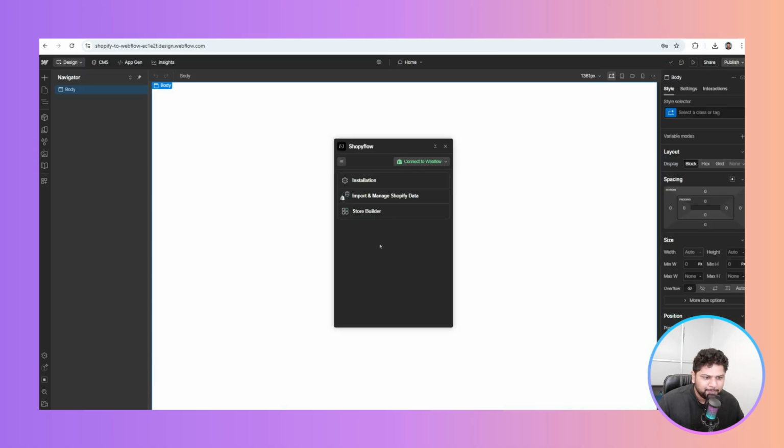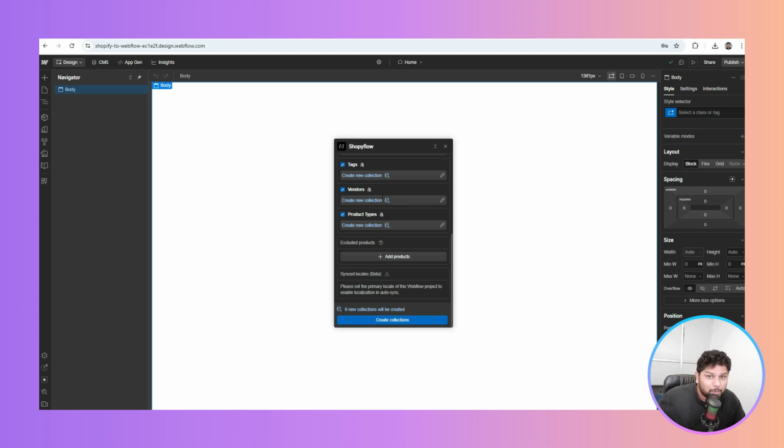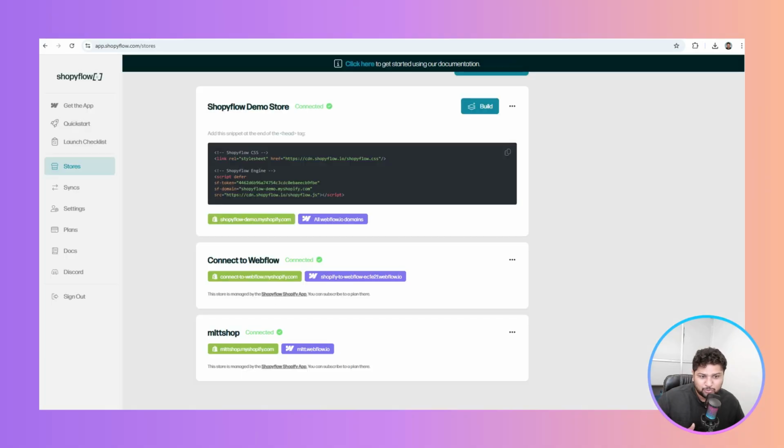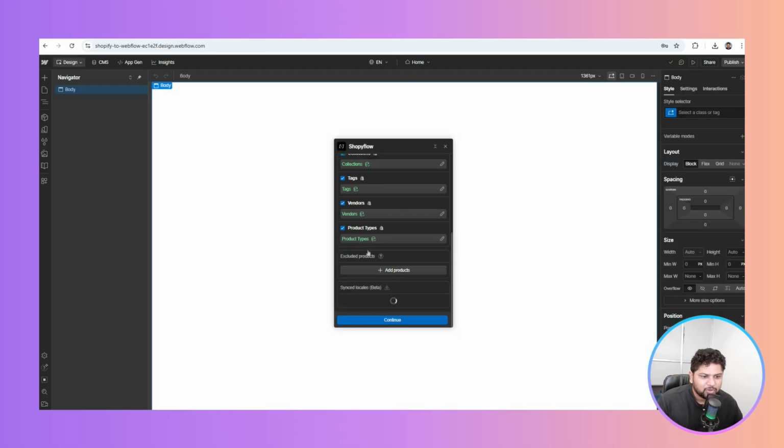So what we can do here: import and manage Shopify data. It will automatically create these collections that are in Shopify with their respective names and fields, like let's say the name, description, image and the gallery and everything, right? So it will automatically create for you. Just hit this create collections. If you already have a collection created in Webflow, then you have to match that part, but otherwise these will be created automatically by them. Here as you can see,